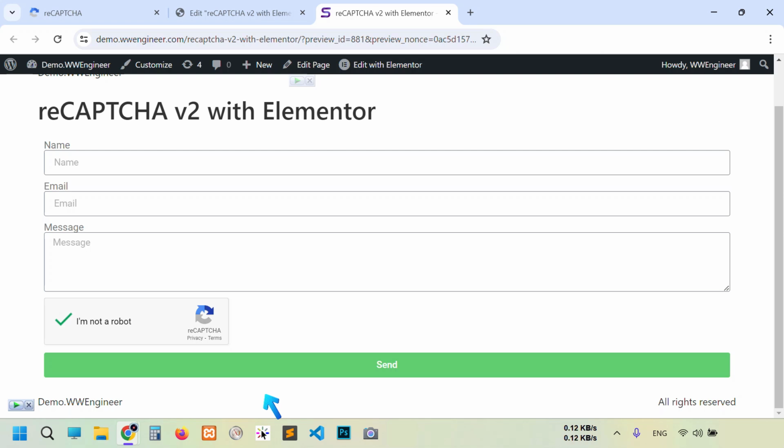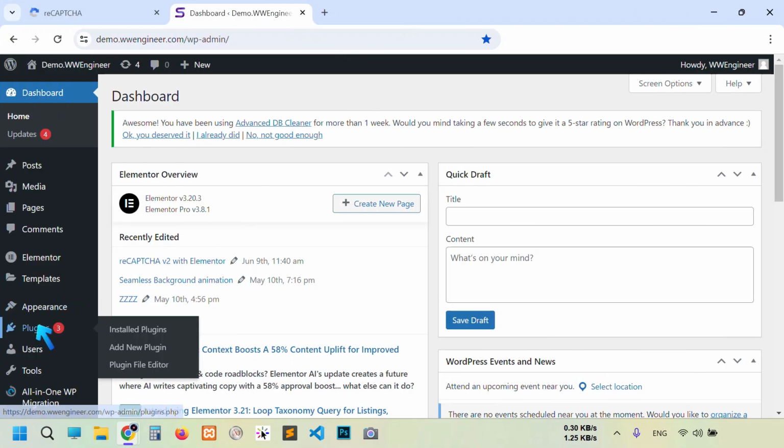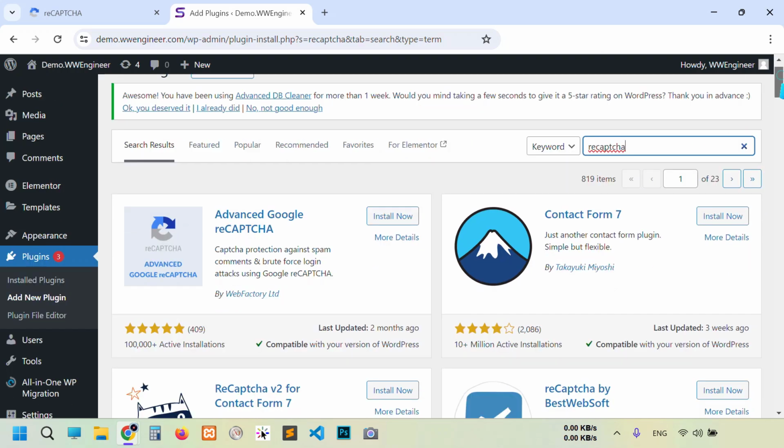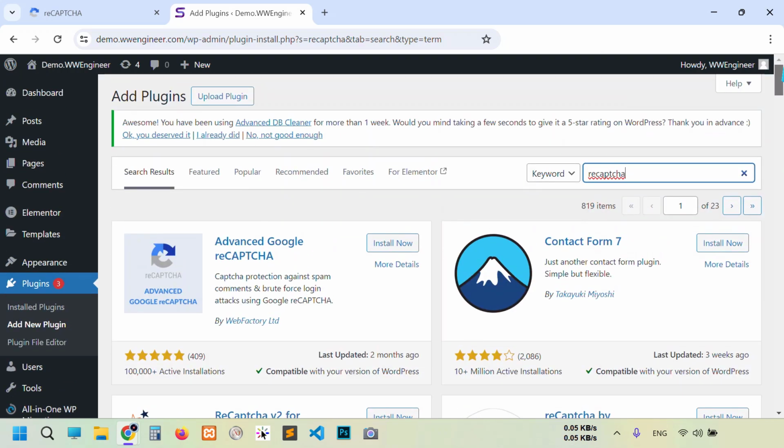Now let's see the same thing with a dedicated CAPTCHA plugin. So go to plugin and then add new, and right here reCAPTCHA. You see lot of CAPTCHA plugin available. You can work with them for CAPTCHA stuff. For now I'm going to install this one, Advanced Google reCAPTCHA.